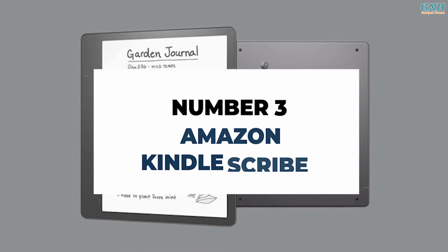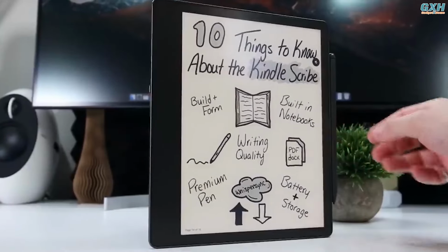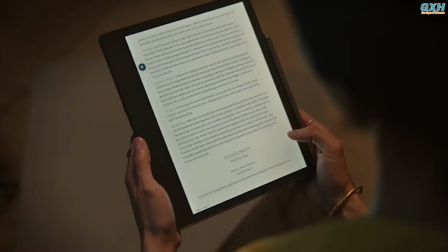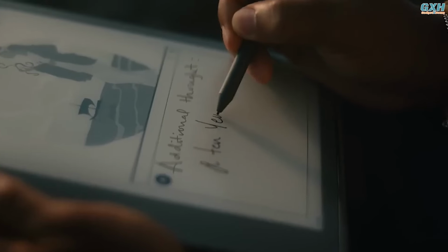Number 3. Amazon Kindle Scribe. Kindle Scribe is the first Kindle with a notebook, allowing you to read and annotate books or PDFs while also writing down to-do lists, meeting notes, or doodles in